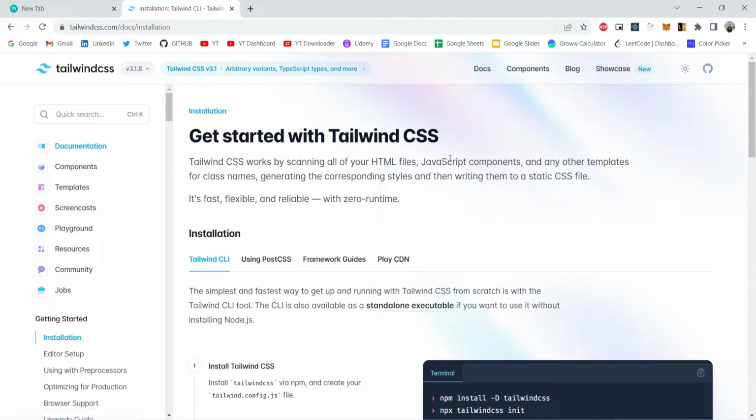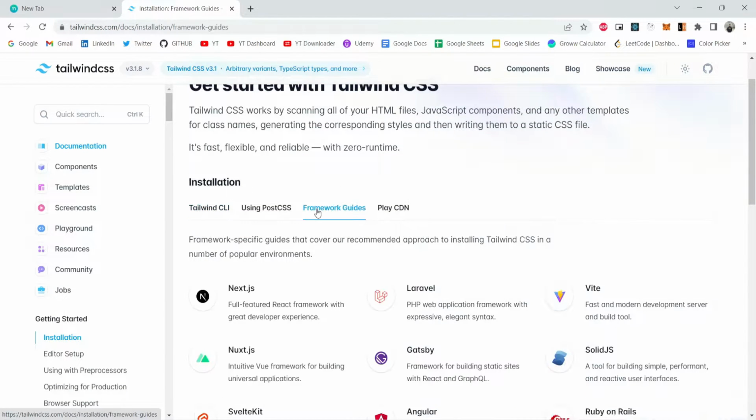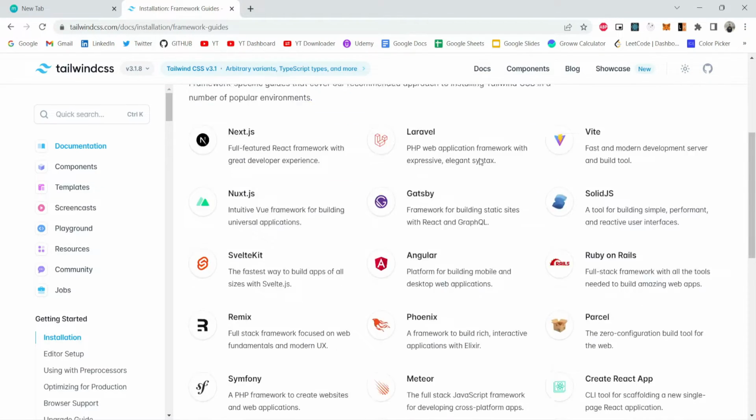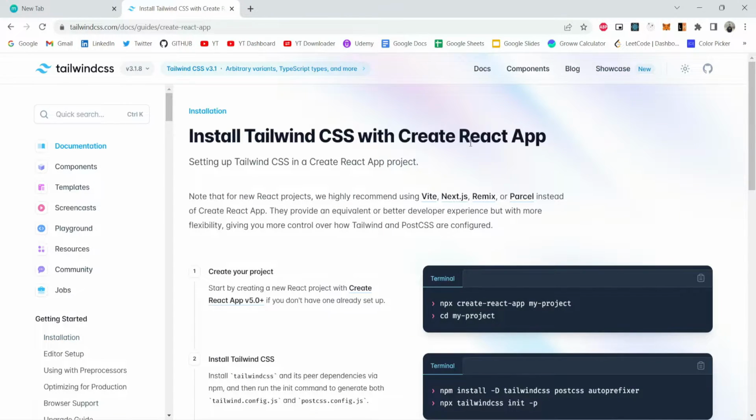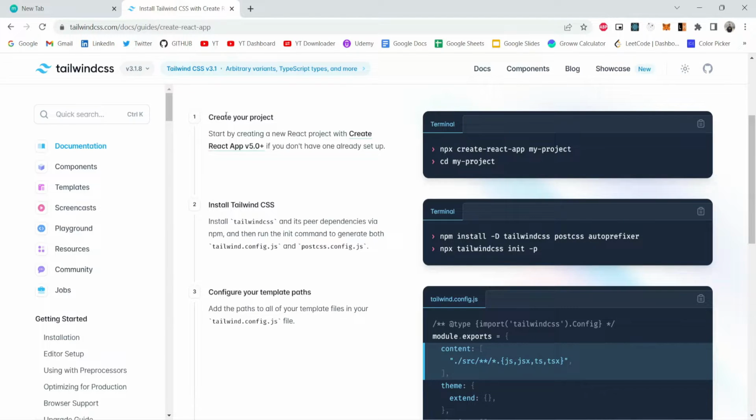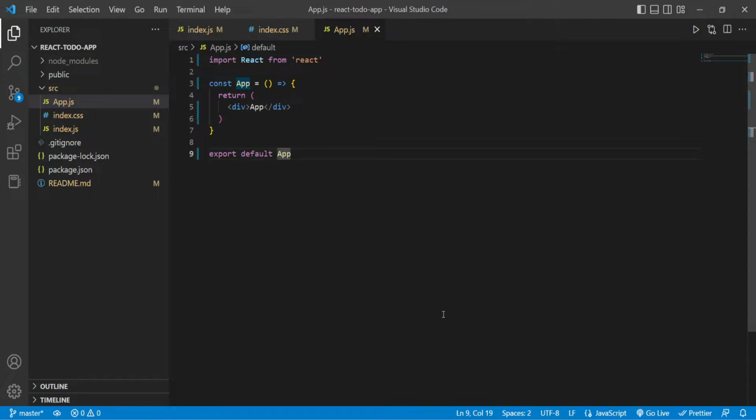So here is the Tailwind website. We have to click on the Get Started button, and here you can see the Framework Guide tab. You just have to search for the Create React tab. Now click on this. Now we have already created our project, so we don't need to do this. We just have to install the Tailwind CSS in our project. So what I'm going to do is I'm going to copy this command